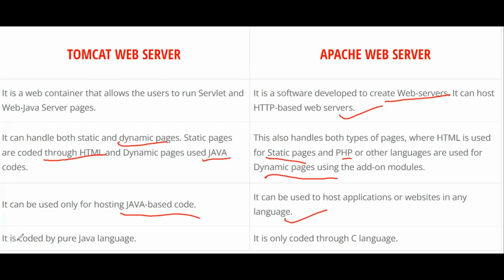The last difference is that Tomcat is coded in pure Java language. That's the reason why I installed JDK prior to installing Tomcat. Apache Web Server is only coded in C language. Now that we understand the differences between Tomcat Web Server and Apache Web Server, let us get started installing